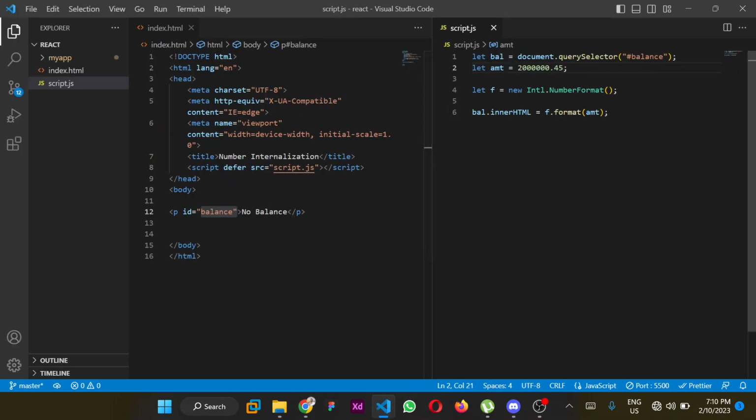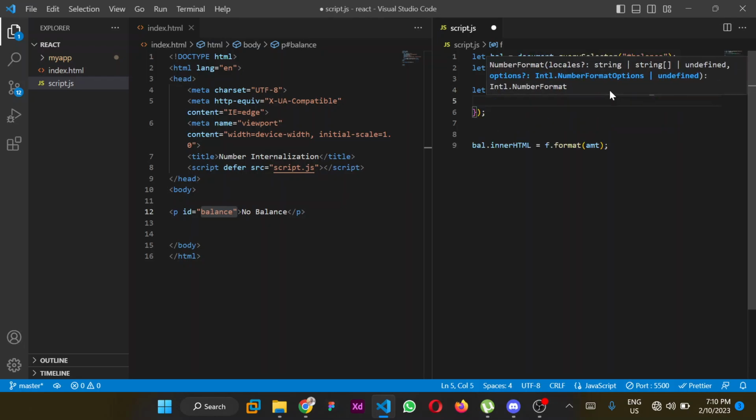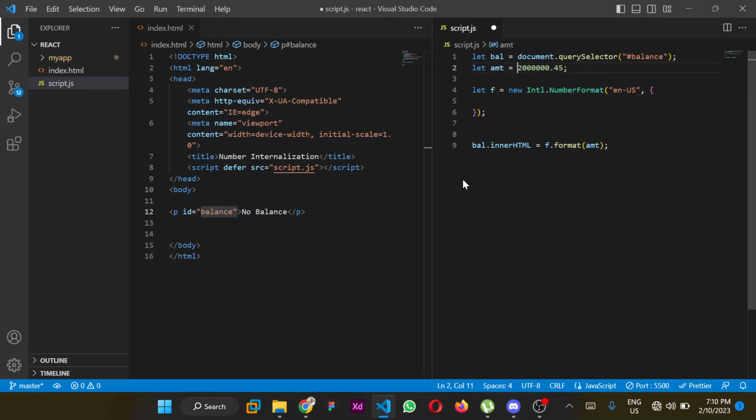So that's on that, and you can actually work on this normal internationalization in the sense that you can change the currency. You can use the currency and the language. Let's say you want to use the language, you can say en-US, so that is United States. Then you use a comma, then you write your curly braces. What are you going to do in these curly braces? We want it to put a dollar sign in front whenever we display this. So after that curly brace, you can now say